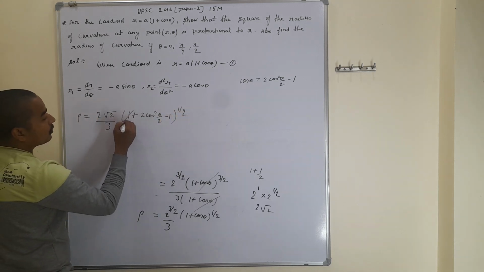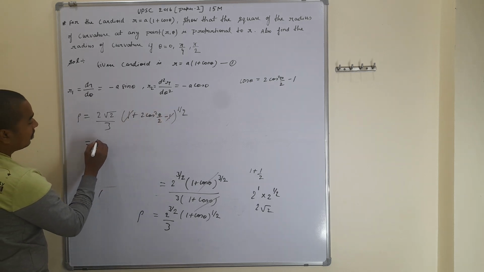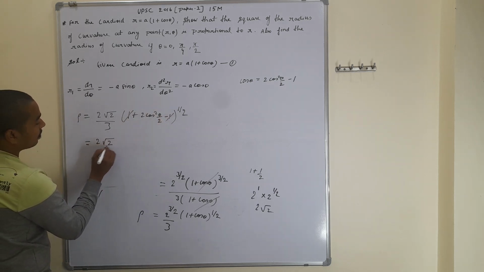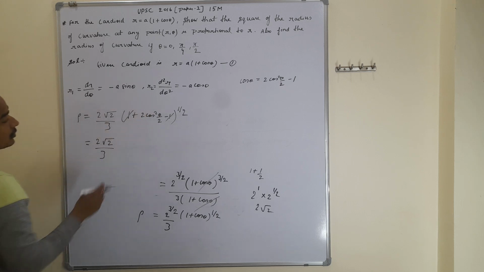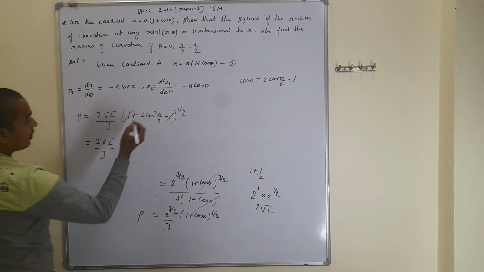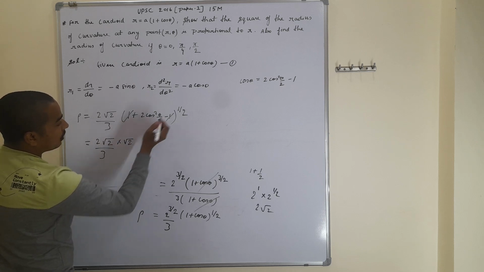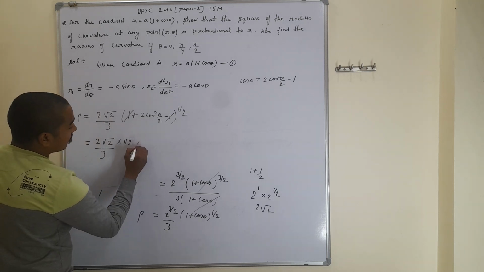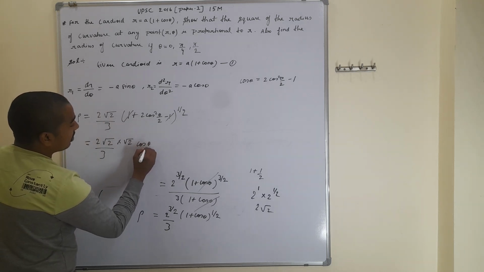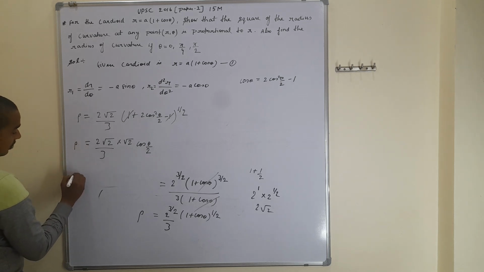From here 1 and 1 are cancelled out, that is 2 root 2 upon 3, and this is 2 cos square theta by 2, whole power 1 by 2, that is root 2 and cos theta by 2. On solving, that is